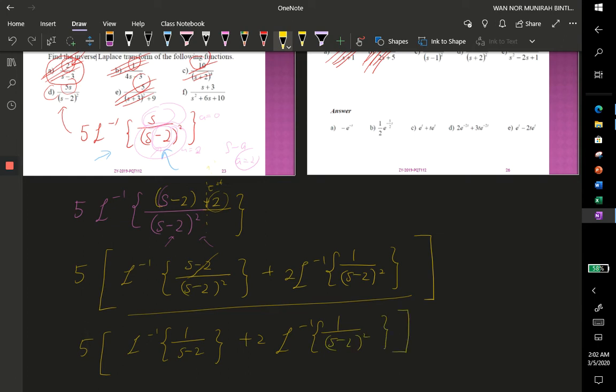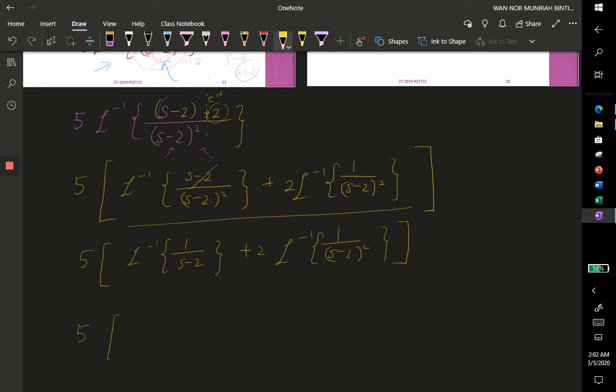Okay, we continue. 5 is 5. Laplace inverse of 1 over s minus 2. Your numerator here is not 1, this one is just a constant. So we can apply the previous knowledge that we have before, in the first video. Constant is just a constant. So I need to take out e^(at). What is a here? a is 2. e^(2t), then I erase my 2. Then I have to take the Laplace inverse of the remainder, which is Laplace inverse of 1 over s, which